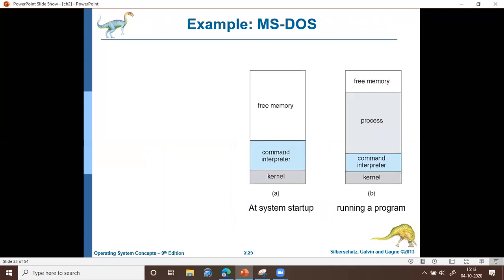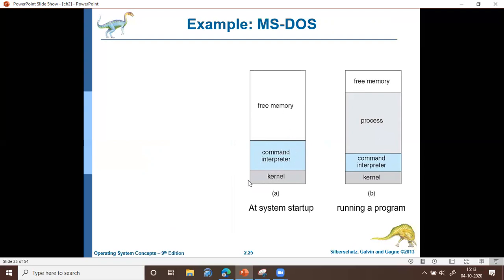This particular diagram shows how the MS-DOS operating system works. MS-DOS is an example of a single user operating system. Initially when you start MS-DOS, the memory will look like this.